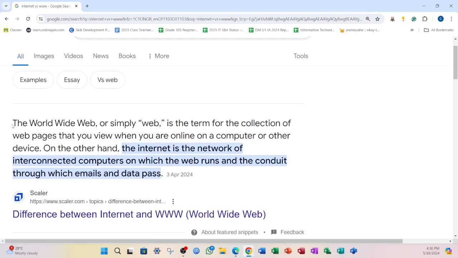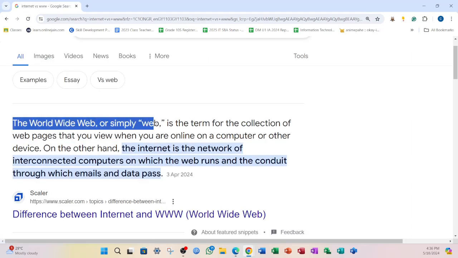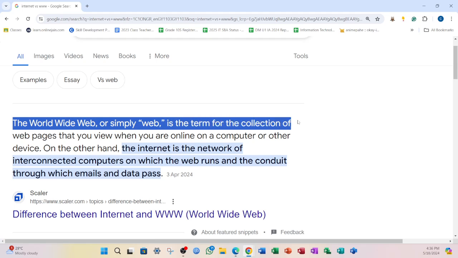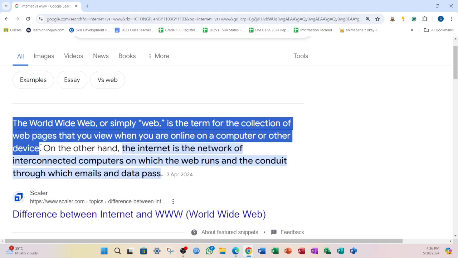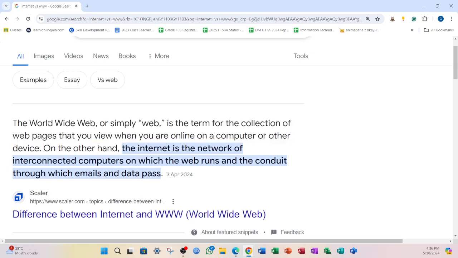Good. So the World Wide Web, simply web, is a term for the collection of web pages that you view when you are online on a computer or device. So the World Wide Web is simply the content that you are accessing online. On the other hand, the internet is the network